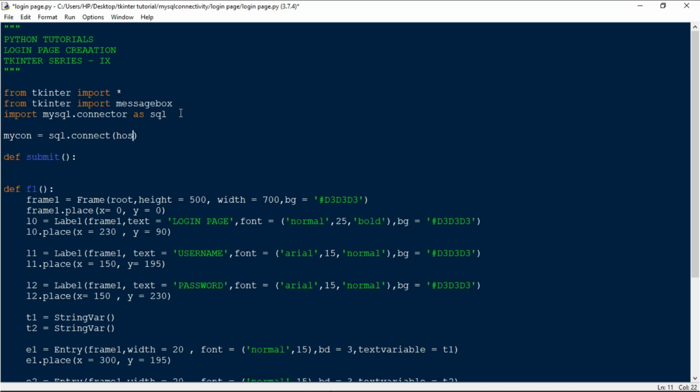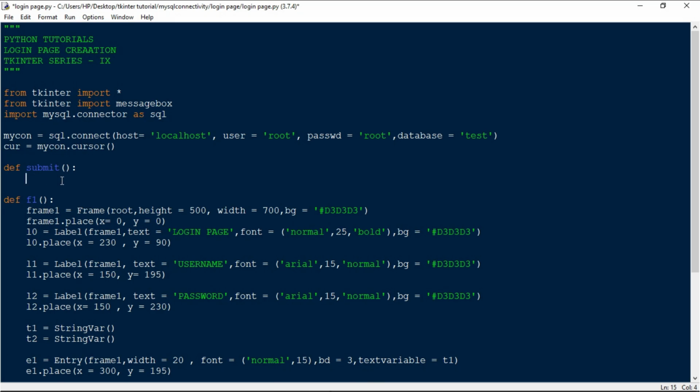In here, host equals localhost and user equals root and password equals root, and the database is test. And cursor equals mycon.cursor.